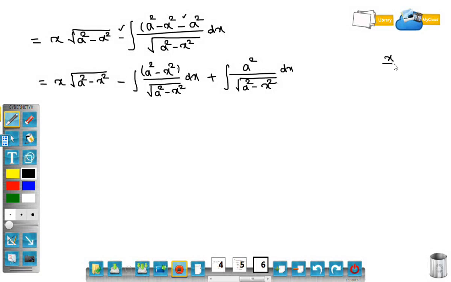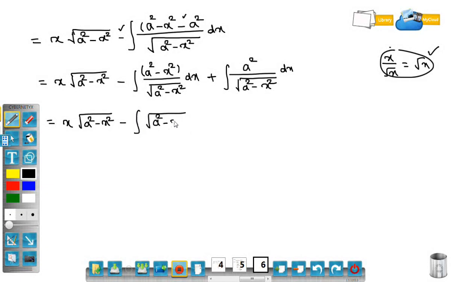You should know that if I divide x by root x, we get root x. In the same way here, I can divide this a square minus x square by its square root. If I divide any number by its square root, I will get the square root of that number. Means like this, x into under root of a square minus x square. Now using this result, if I divide this bracket in the numerator by its square root, I will get the square root of that. It is x by root x is root x. So in the same way, if I call this x, then this will be root x, and x upon root x is root x. Okay, now